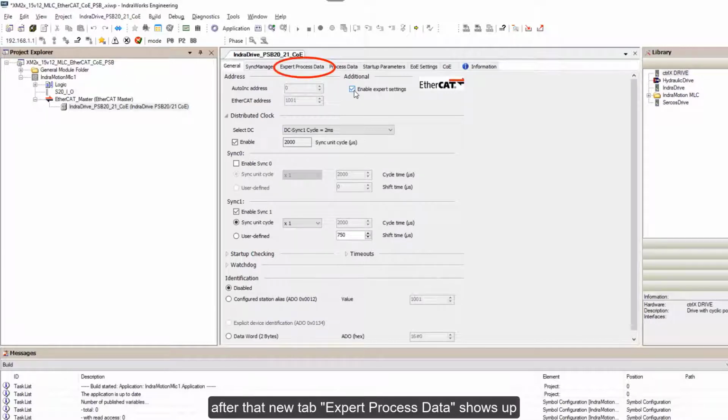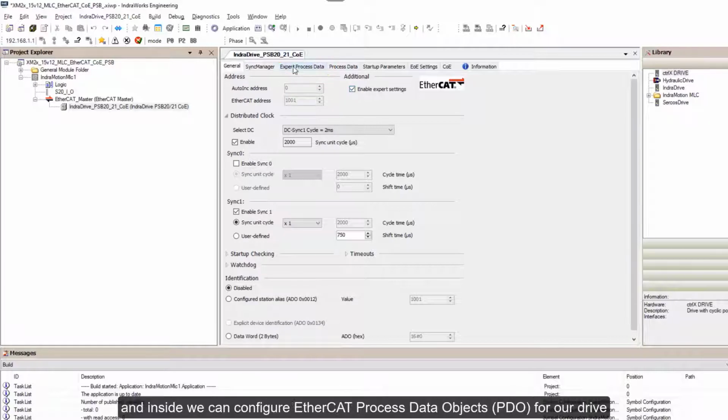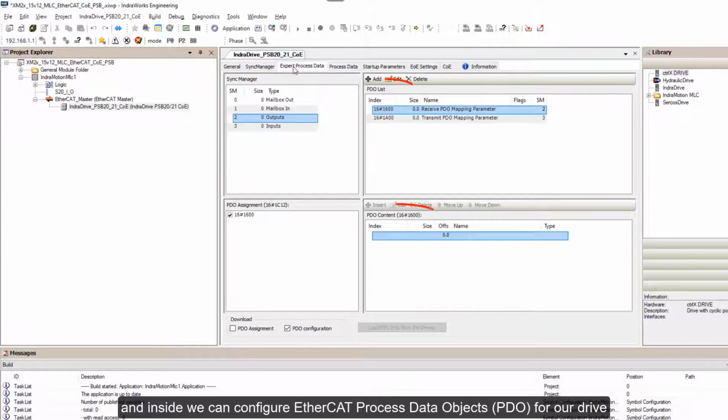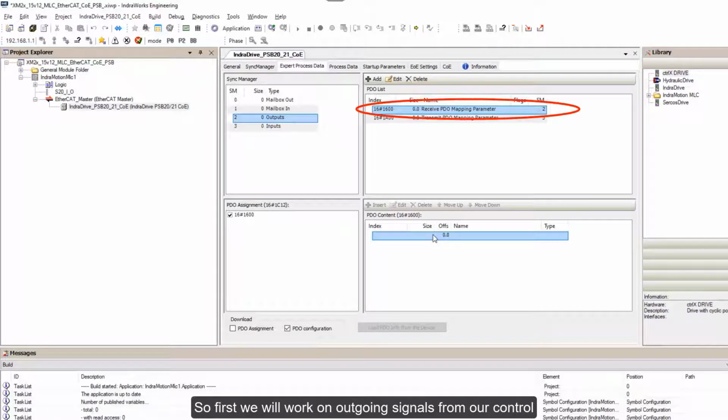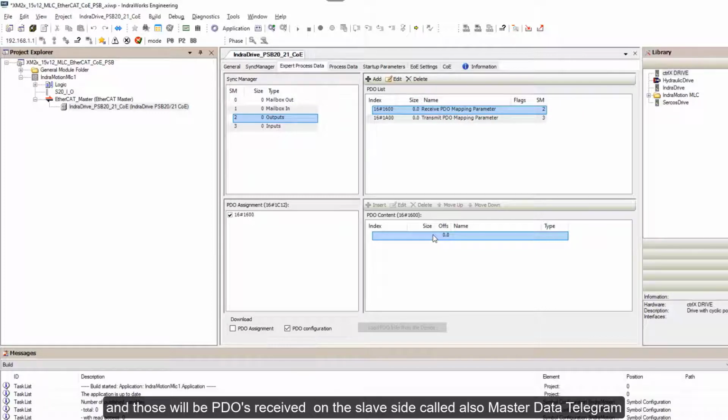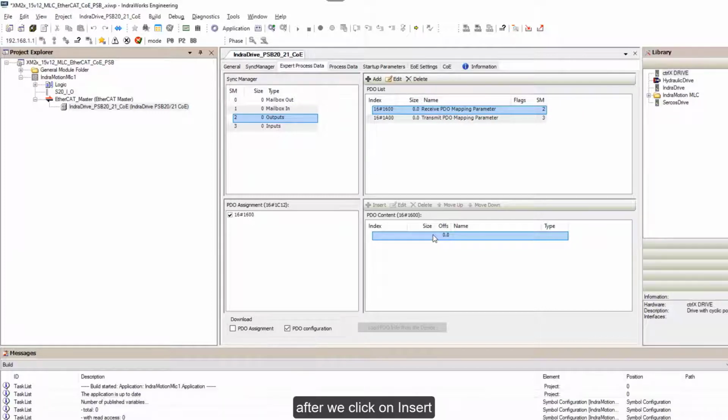After that, a new tab Expert Process Data shows up, and inside we can configure EtherCAT Process Data Objects (PDO) for our drive. So first we'll work on outgoing signals from our control, and those will be PDOs received on the slave side, also called master data telegram. After we click on Insert,